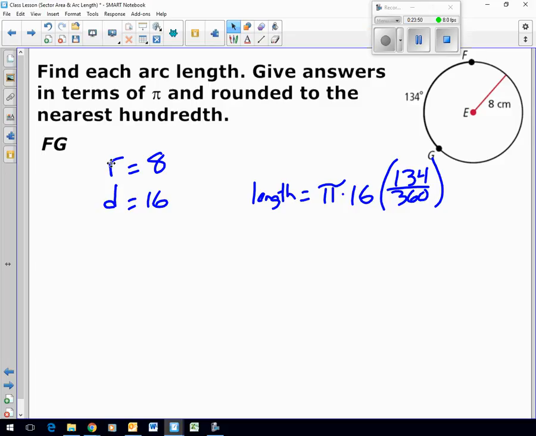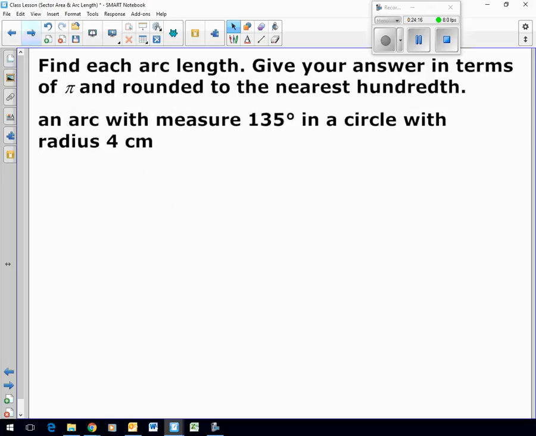Could you do the same thing, but just put 8 squared? No, that's the area. That's it right there, guys. Pi times 16 times 134 over 360. That'll give you the arc length. Okay? If it's 8 squared, that's the area. So you got to know the difference between length and area. Right? Length and area. Big deal. Okay. We are at the end of